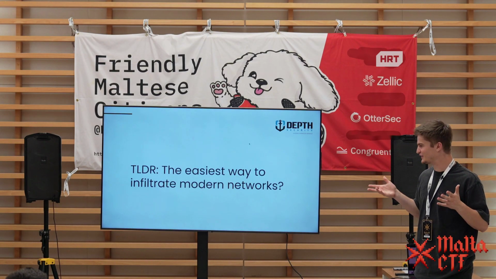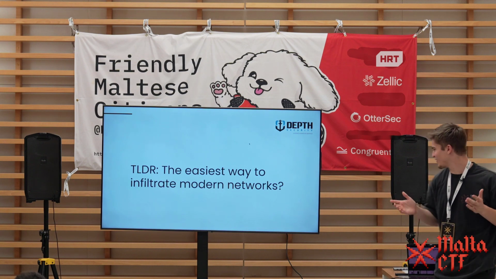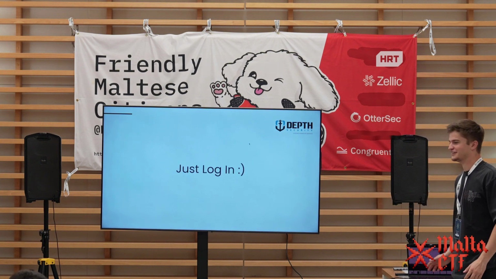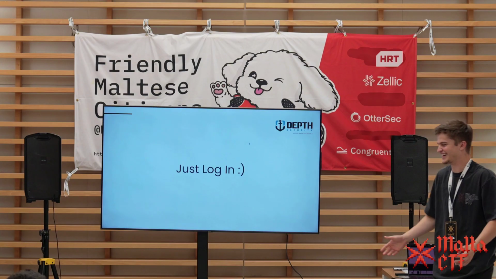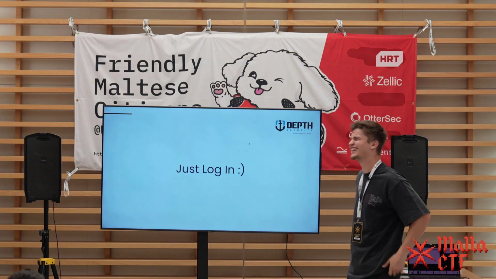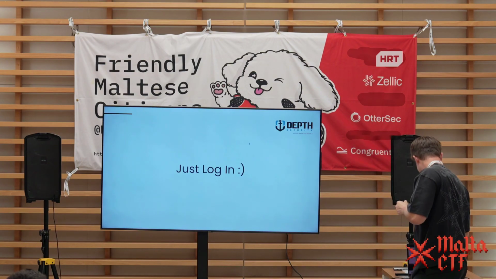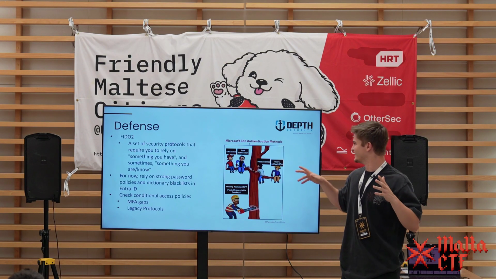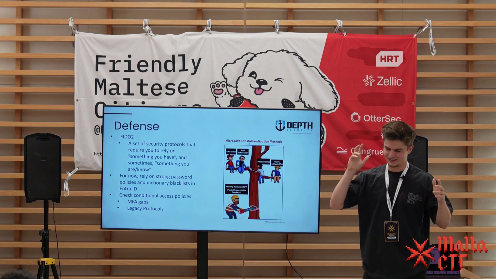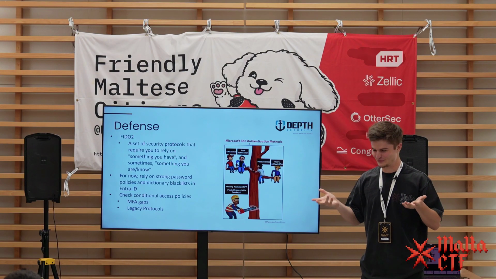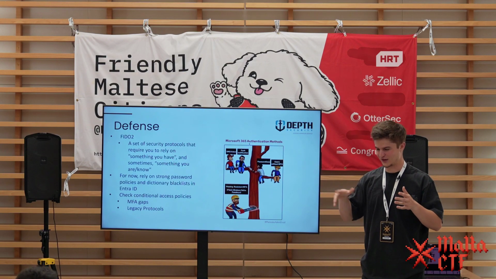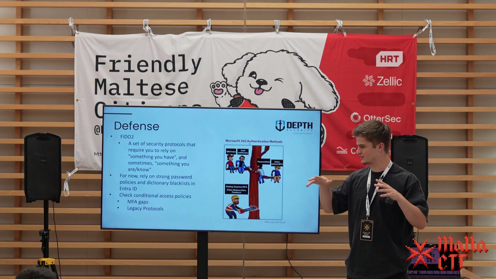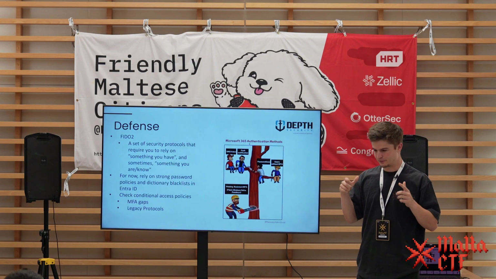So the TLDR: the easiest way to infiltrate modern networks is just to log in. It's that easy. It's so bad. But how can we defend ourselves? The most important thing is passwordless authentication, pretty much. Microsoft is starting to move towards the FIDO2 security standards, and pretty much it's relying on